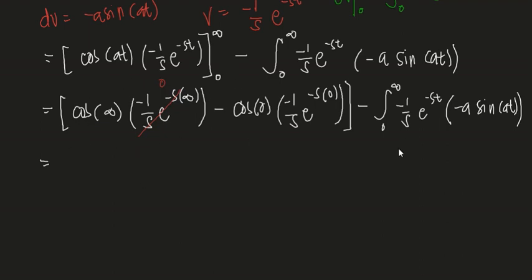This time, we have, so take note, e raised to negative s multiplied by 0 will be equal to 0 ang aton exponent. So e raised to 0 will be equal to 1. So this is equal to 1. Cosine 0 will be equal to 1 also. So ang mabilin diri sa aton equation will be negative 1 all over s. So multiplied by negative, so this will be equal to 1 all over s, ang mabilin sa aton nga first equation, minus the integral of,